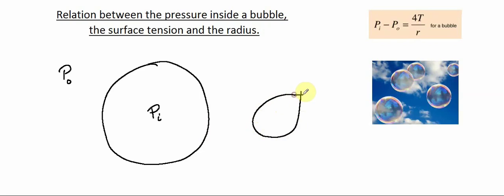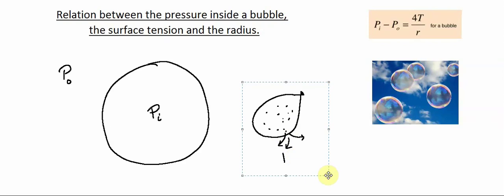Consider a balloon. Inside a balloon you have air, and this air inside is at a higher pressure than the pressure outside, because if you take a pin and make a hole in the balloon, the air inside will gush outward in a forceful manner and the balloon will blow up. So the pressure inside has to be greater than the pressure outside. Likewise, the pressure inside a bubble is greater than the pressure outside.